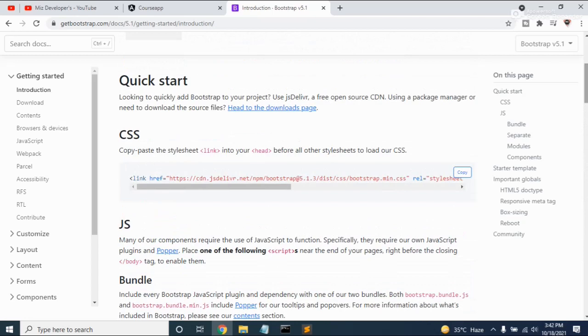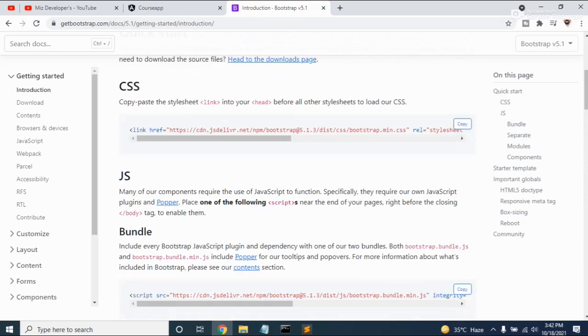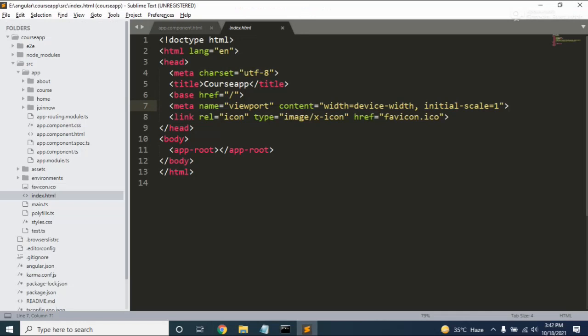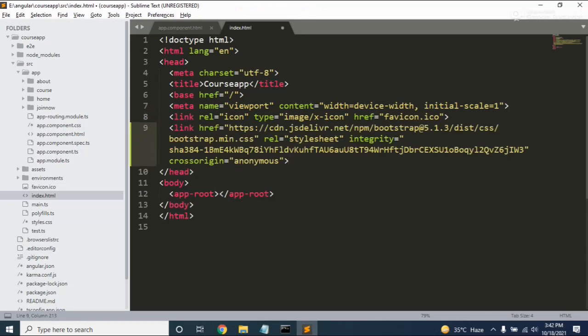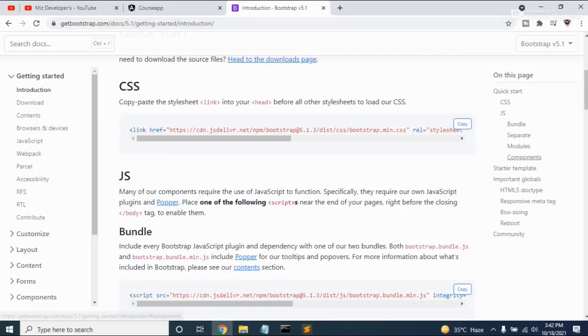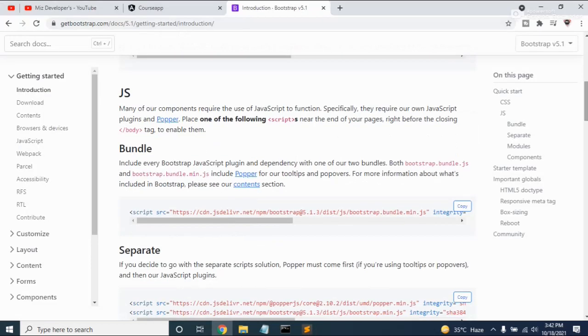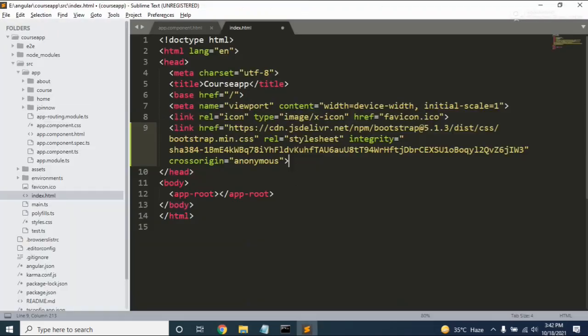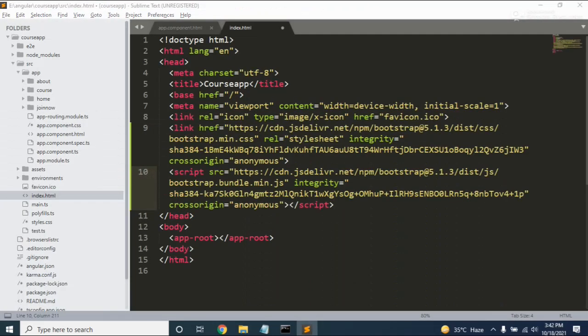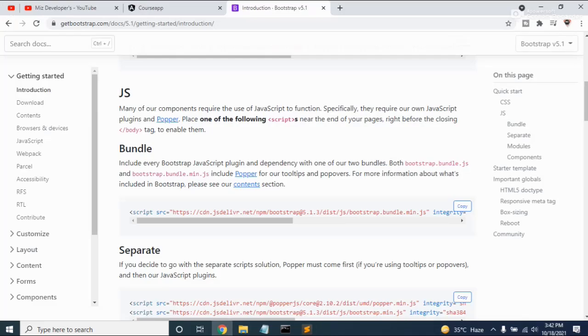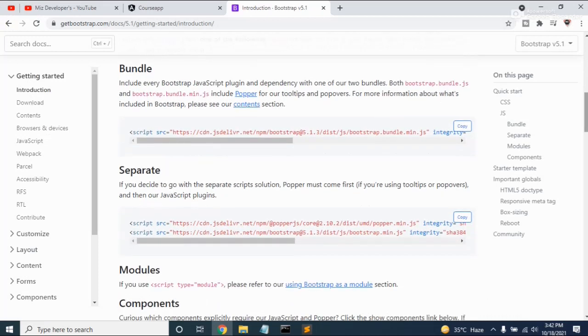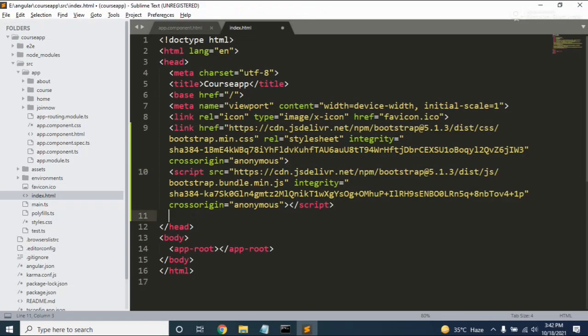So here we have the CSS link. Need to copy it and paste it in the head tag. This is the CSS, and here we have a JavaScript bundle library. Need to copy it and paste it here. And we have bootstrap popper.min.js and bootstrap.min.js. You need to copy it, so you need to add it here,